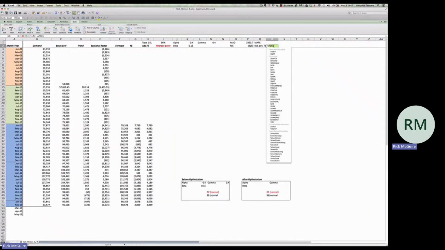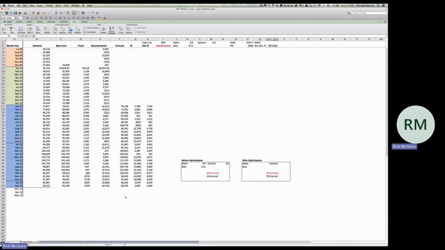I'm going to skip this one for now, but I will take a look at the standard deviation of forecast errors. So the standard deviation of nominal forecast error gives me 3,874 roughly. Now what I can do then, and I will show you that in a moment, is find those values of alpha, beta, and gamma that would minimize forecast errors. Before we do that, though, I just want to do one more thing, and that is calculate